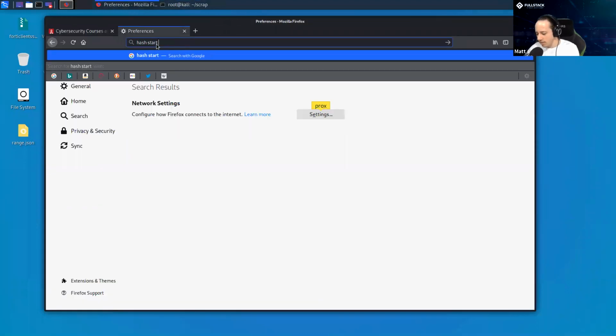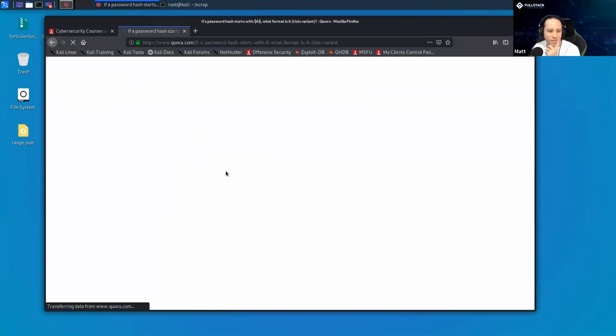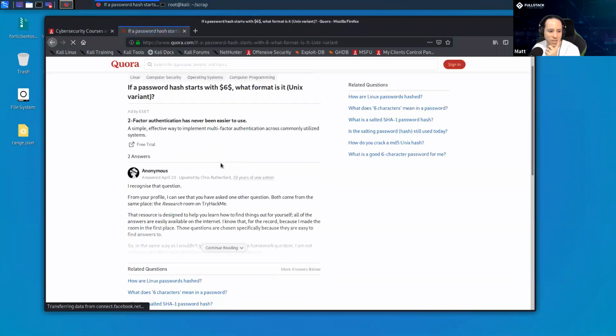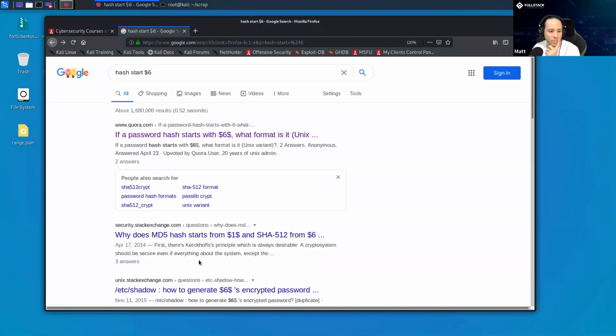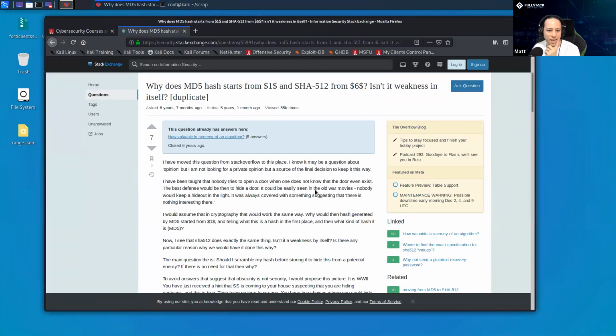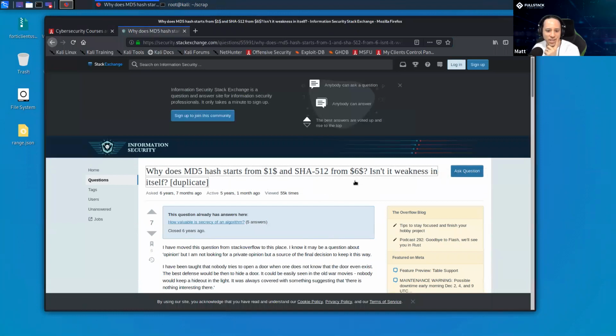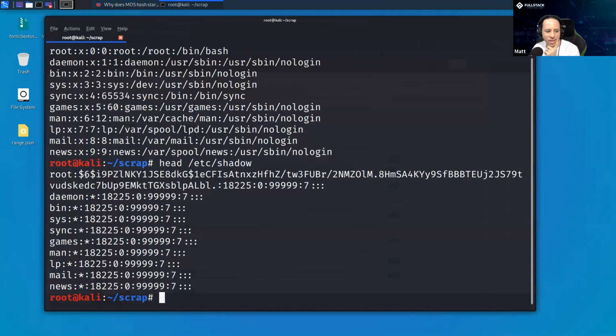Hash start $6, I'm pretty sure that's something. But they all start a certain way. This is not the best site for it. Yeah, MD5 starts with $1, SHA-512 starts with $6. Right, so that's one thing to know about these things.